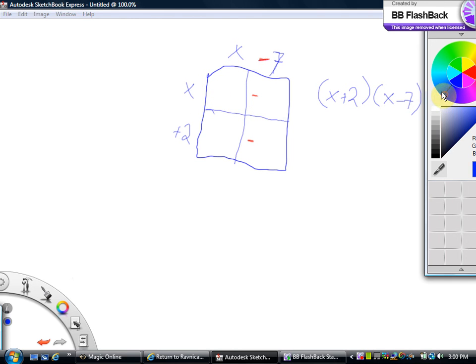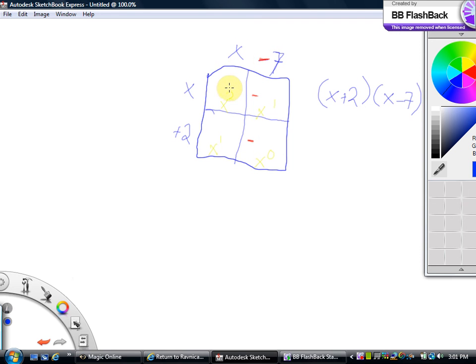So let's remember how I showed you those tens to the 0, to the first, to the second? This box is now going to be our x squared box. These are going to be our x to the 1 boxes, and this is going to be our x to the 0 boxes. And anything to the 0 power is 1, so it's going to go away. So when we solve this,